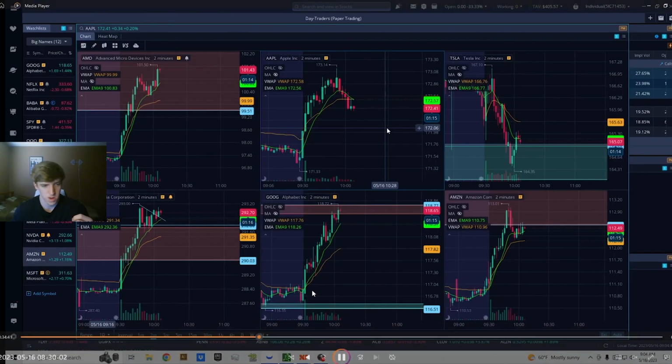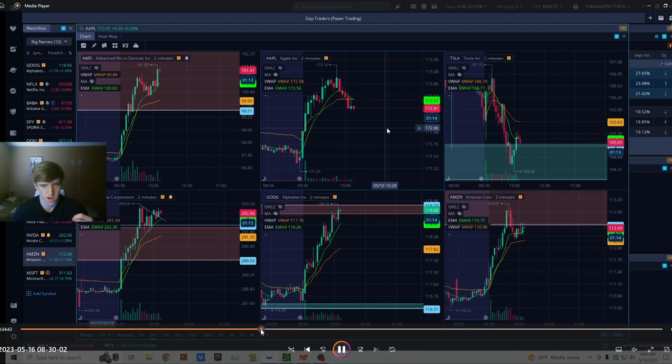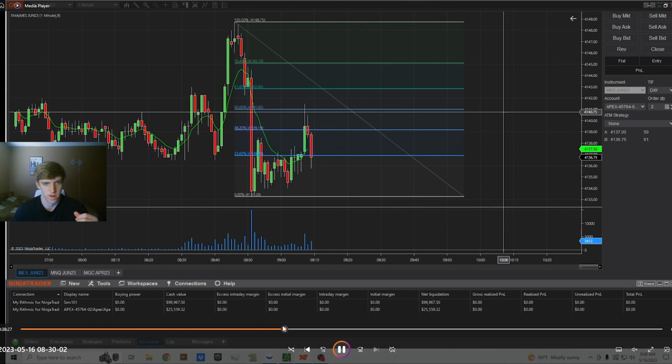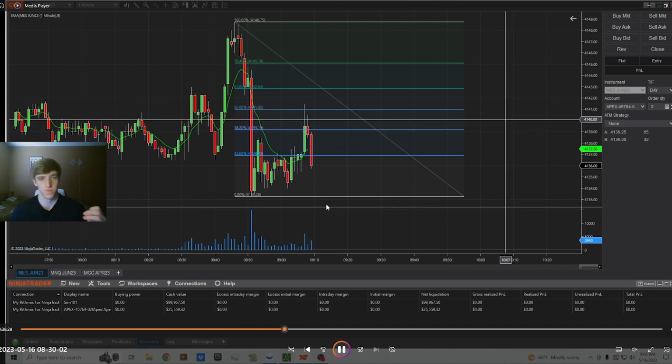So here I'm just flipping through some stocks. I'm watching Apple, and I noticed that Apple was starting to round over, which was making me think maybe the overall market wants to start going down as well. So here I'm looking at the NASDAQ, and right here was the first pretty good setup